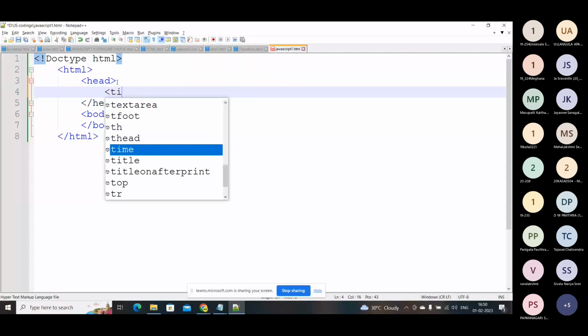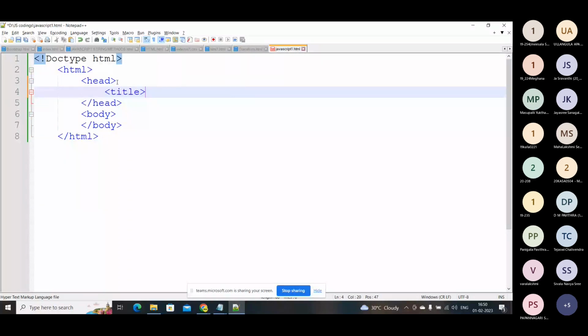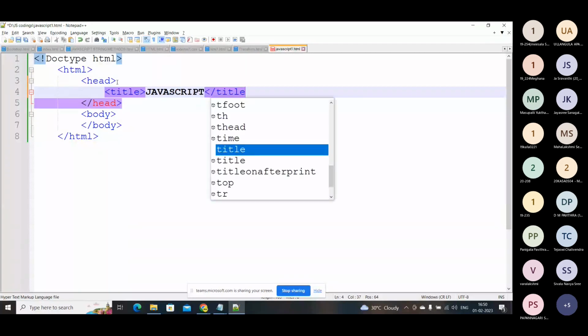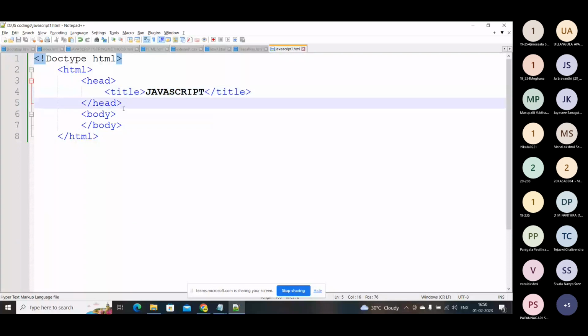I'll give the title also. So within this body,